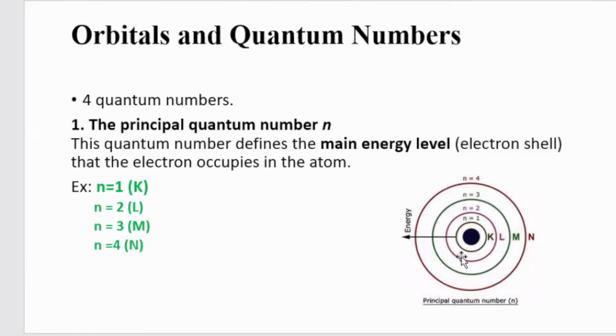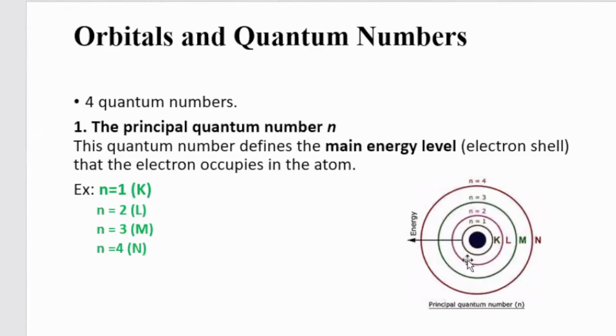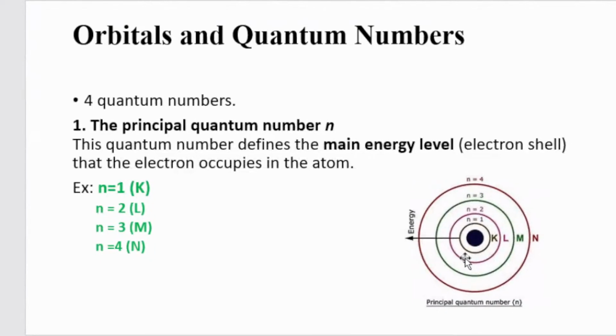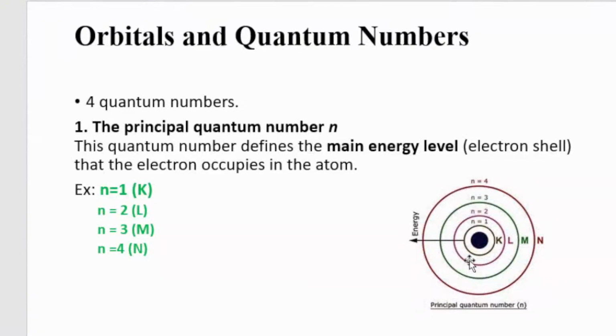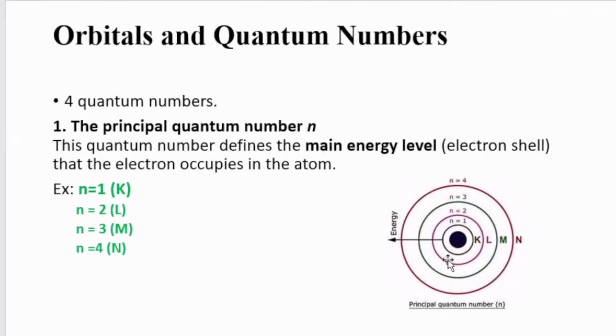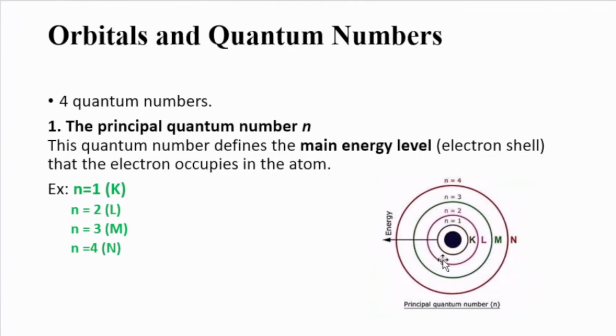That is how you know something about the maximum electrons that can be occupied in an energy level. In the first energy level it's 2, for the second energy level it's 8. For the third energy level, up to now you have learned that 8 electrons can be occupied, but truly it must be 18. 18 electrons can be occupied in the third energy level, and in the fourth energy level, a maximum of 32